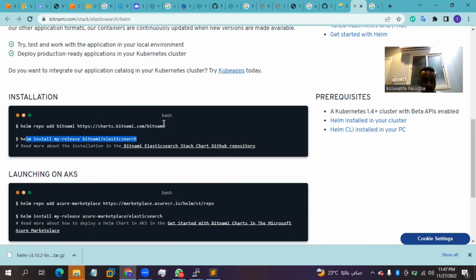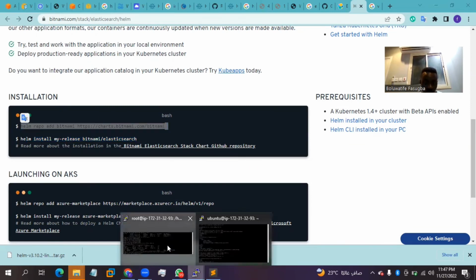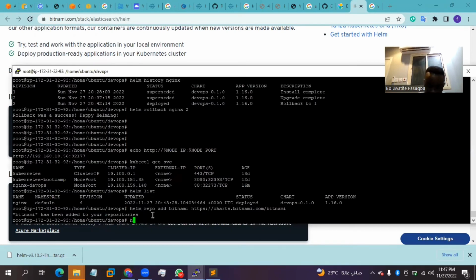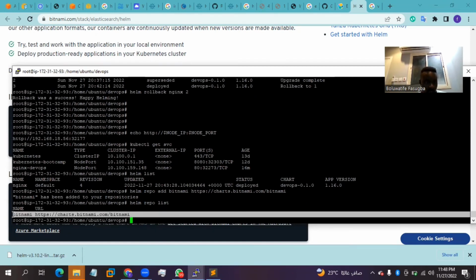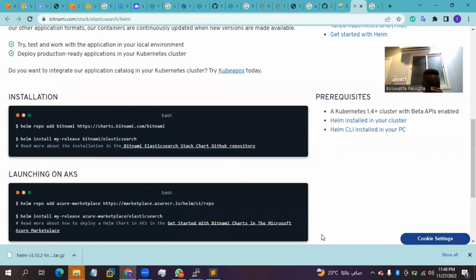Now, after adding the Helm repo, you can also do helm repo list. So you can see all the repos you have. Because I have Bitnami, I can also add different kinds of repos, but now I only have the Bitnami repo. Okay, so now let's install